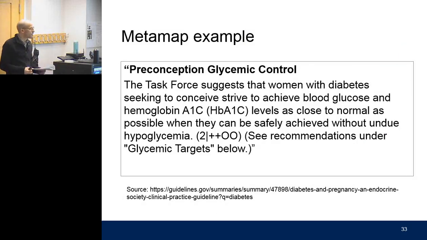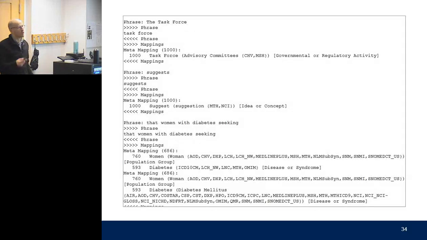So an example here, this is from a treatment guideline from the Endocrine Society. And we see just a brief text snippet here. It's some free text about glycemic control for pregnant women. And if we were to run that through MetaMap, what we see is that all of the potential biomedical phrases have been identified within this free text sample and mapped to